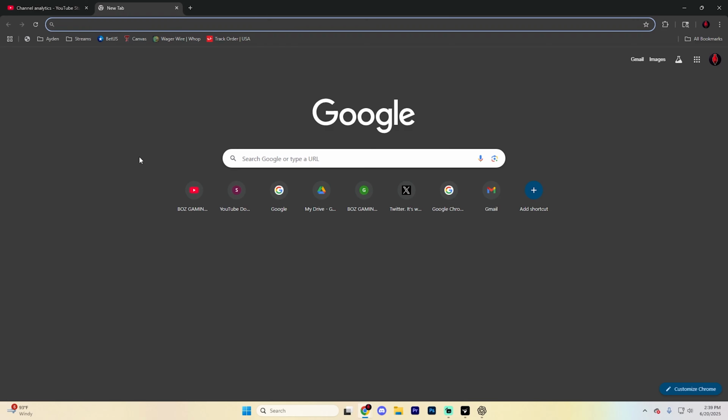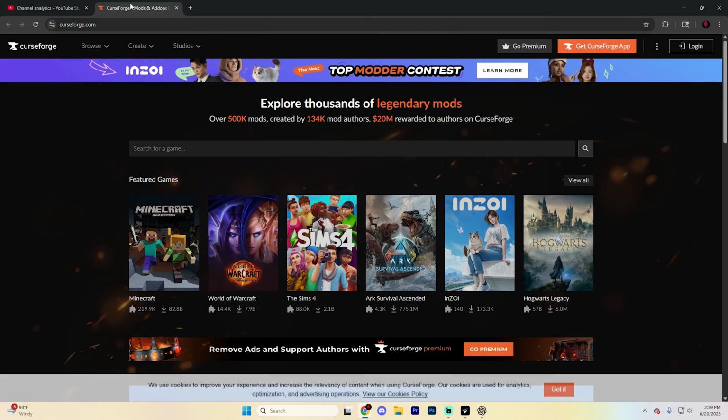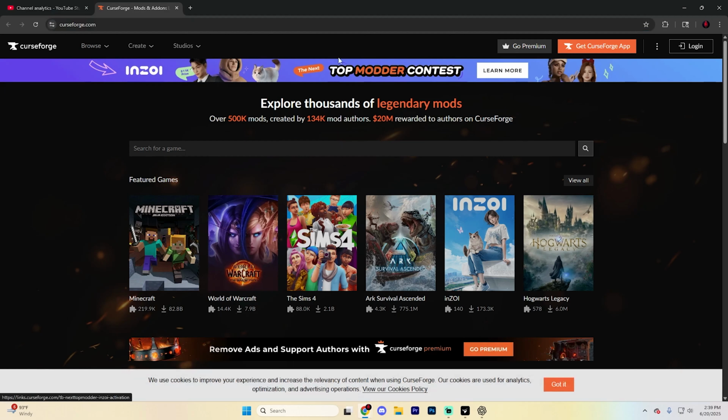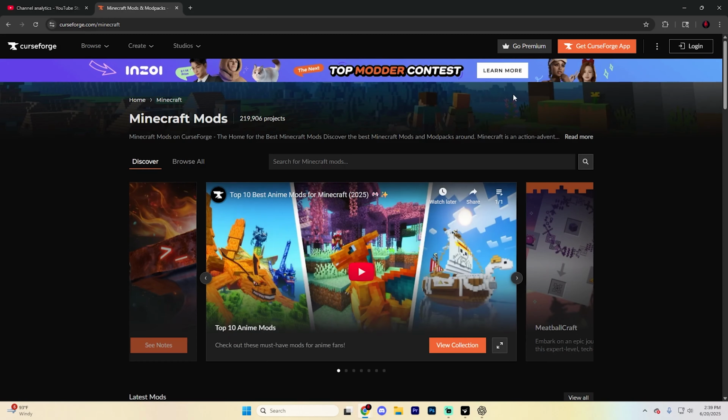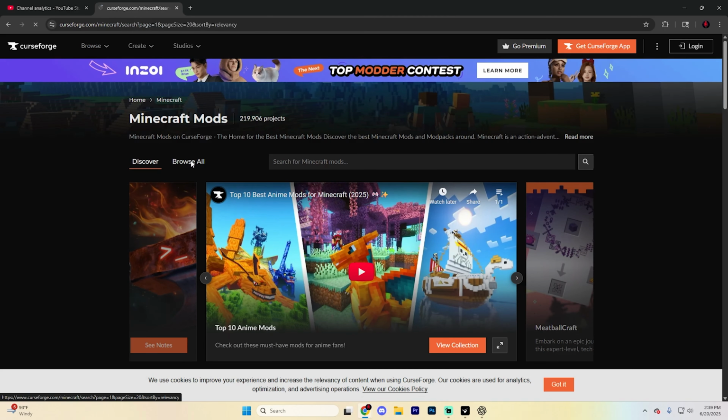I'm going to use Chrome, but anything will work. And we're actually going to head over to curseforge.com. It should look something like this for you. Once you're in here, you're going to want to find Minecraft in the listed games. If it's not up in the main menu for you, just search it right here. But find Minecraft, click on it, and what you're going to want to do now is simply click Browse All,